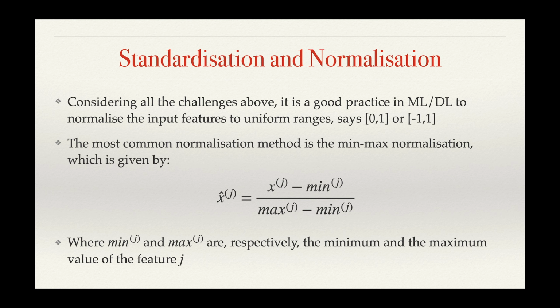The most common normalization method is the min-max normalization, which is given by, for example, x, our value or feature that we want to normalize, minus x min, divided by x max minus x min. So these are the maximum value of that x feature and the minimum value of the x feature, and this is how we normalize our data set for all the features. So this is basically normalization between 0 and 1. If we want to normalize it between minus 1 and 1, we usually need to